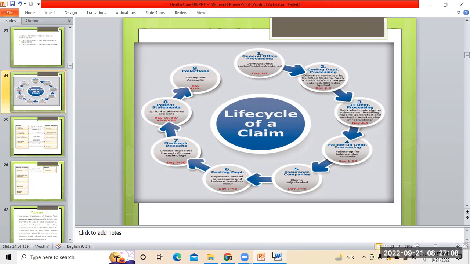Claim adjudication is a common procedure, because whenever we submit a claim, it will not be approved right away, right? There are cross verifications which will take place by the insurance organization